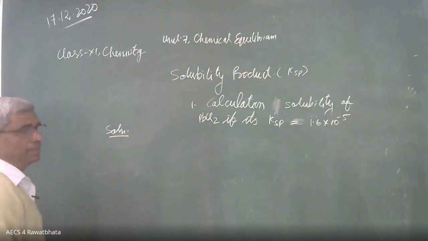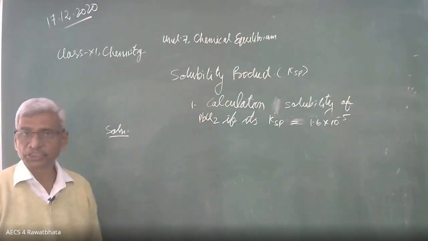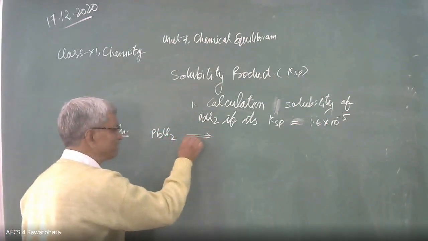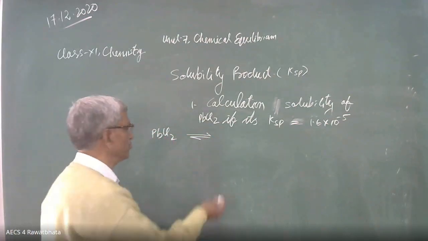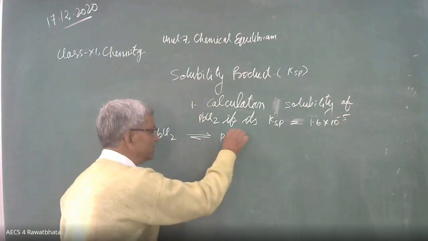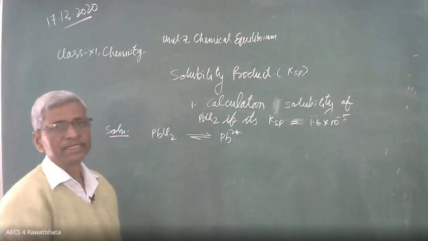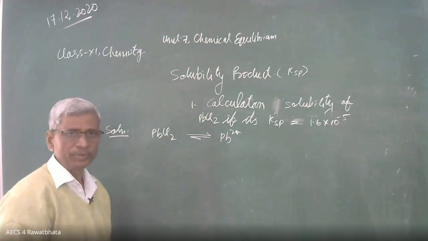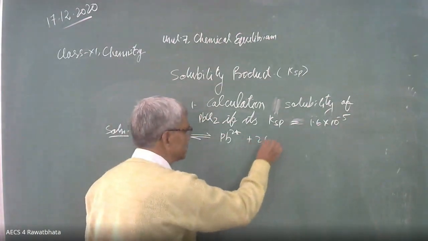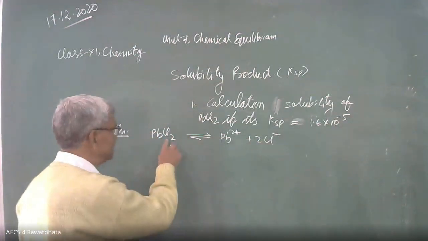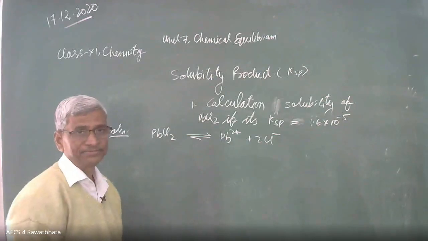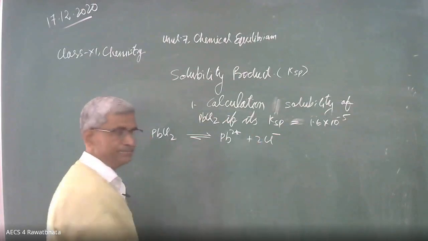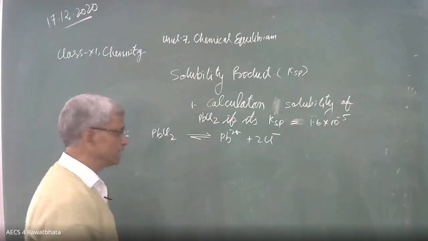Solution. PbCl2, its ionization process we have to write first. PbCl2 ionizes to give, this is the simple way we can manage it for any compound, Pb2 positive. We know Cl is Cl minus, the chloride ion. If 2 negative ions, it means Pb has 2 positive charge. Charge should be equal. Plus 2 Cl minus. We can't write Cl2 1 minus. It is not like that. Chloride ion is Cl minus only. Then 2 we have to write here, 2 Cl minus.